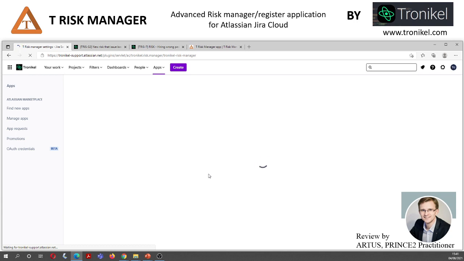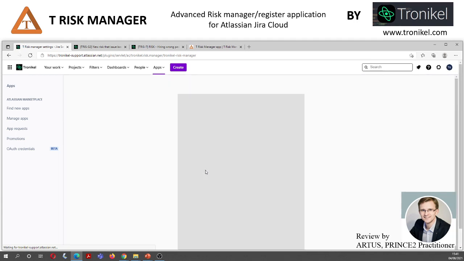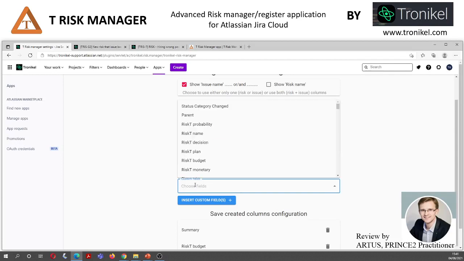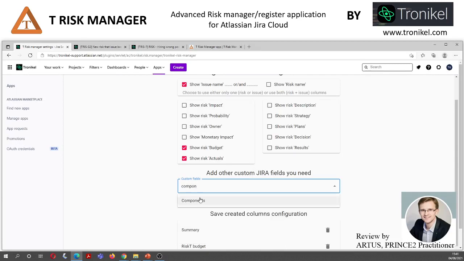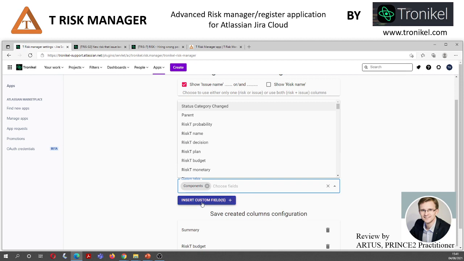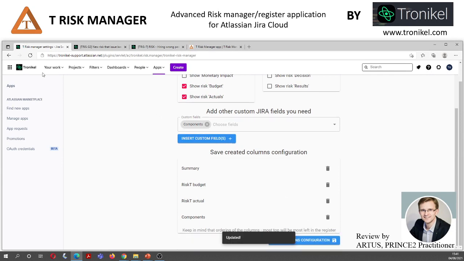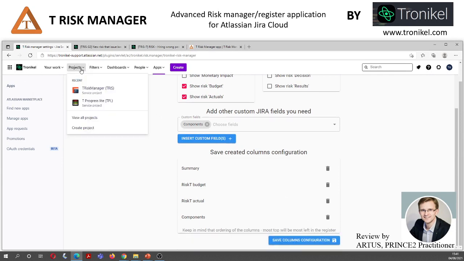For example, if you want to manage budget in your risk management, let's say I would like to see budget and actuals in the risk register. I don't want to see the strategy, and for example, I would like to have components in my field. So here are the budget, actuals, and component. I press column save,